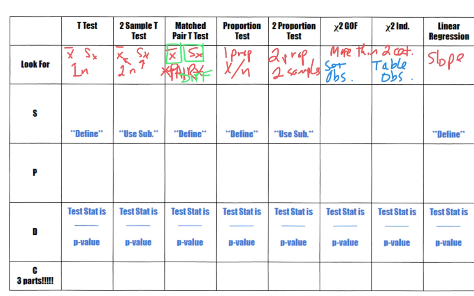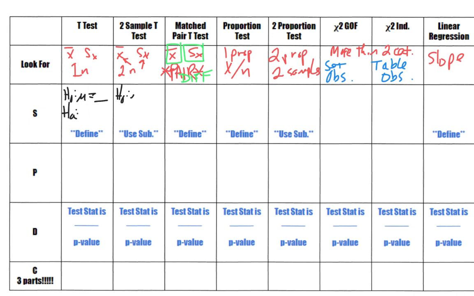All right, so now the state. In every single state, this is where you do your null and your alternative. And I'm going to write down the nulls. So we have mu equals blank, the population mean, and we have a number. And remember, you have to define your mu. You say mu is the population mean and put it in context. Now, with two samples, the null